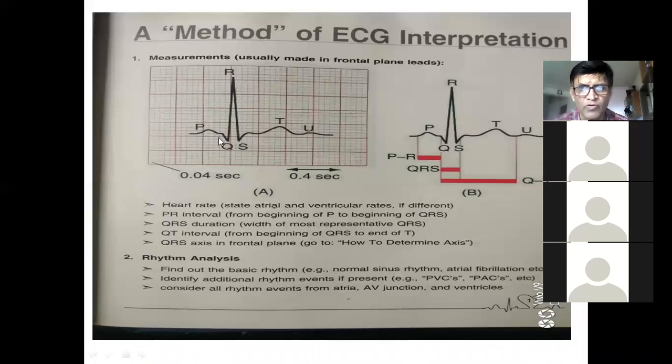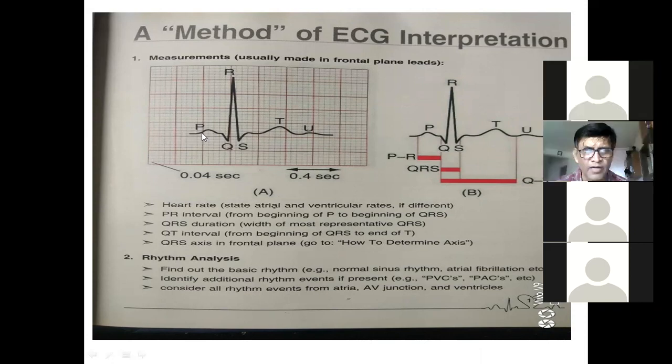Now there is something called QRS. What is the PR interval? From here up to the beginning of the Q wave. So how many squares are there? Here is one square, here is one, here is one, and almost it comes here, also there is a half. So approximately it's around 4 squares. Half of 0.4 into 4 comes to 0.16. So the PR interval should be written as 0.16.